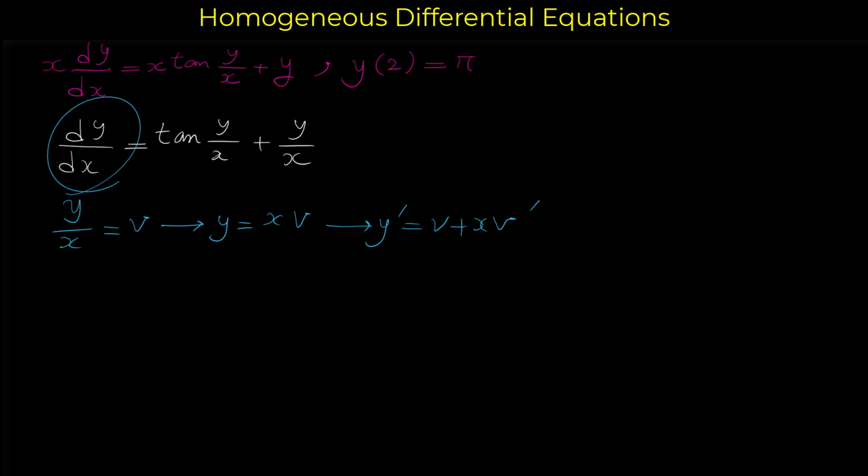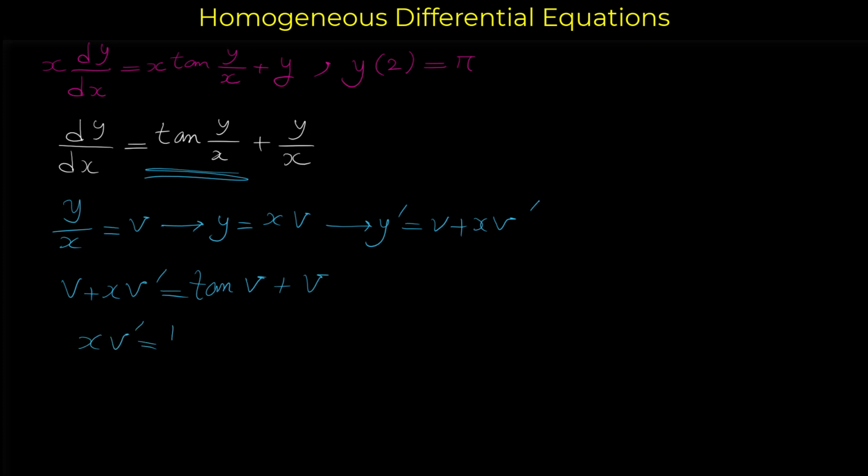Now if we replace this y prime with v plus xv prime, we have this equals tangent of v plus v. V and v cancel each other from both sides, so xv prime is tangent of v, and because v prime is dv over dx, we have x times dv over dx equals tangent of